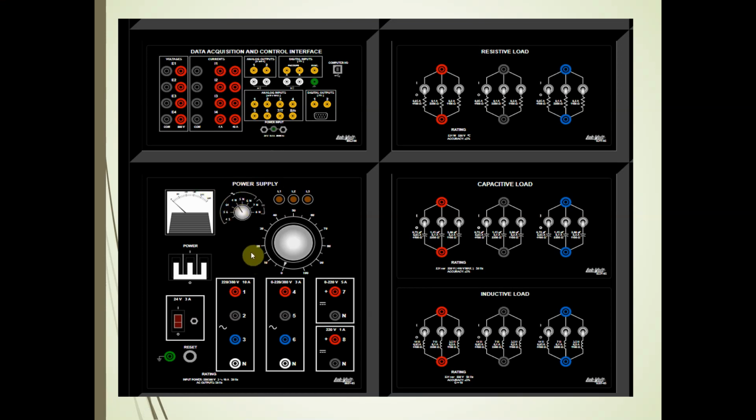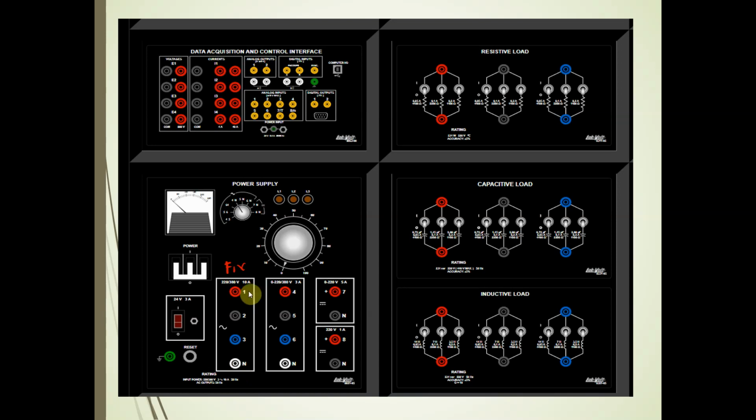Our power supply has two types of source, the fixed voltage source. This is fixed in this area here: 1, 2, 3, N. These are fixed voltage sources. It is a three-phase source, so the values can be 220/380. What does it mean? It means that the line to neutral voltage is 220, but the line to line voltage is